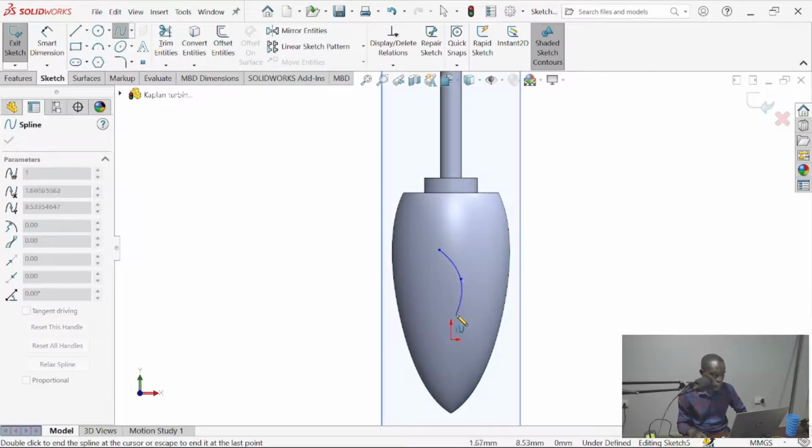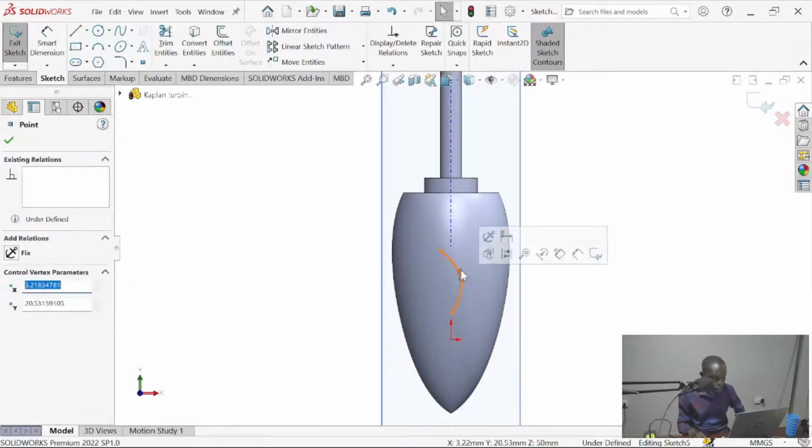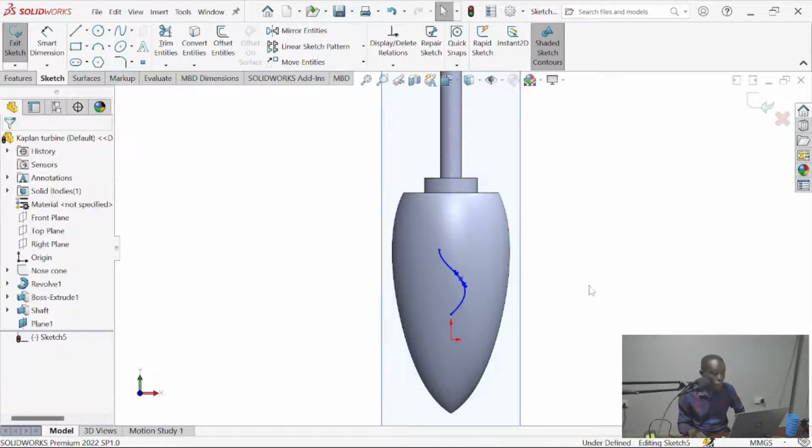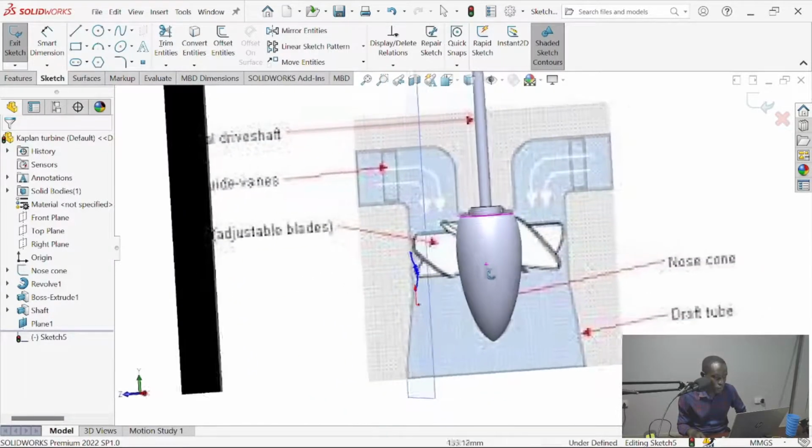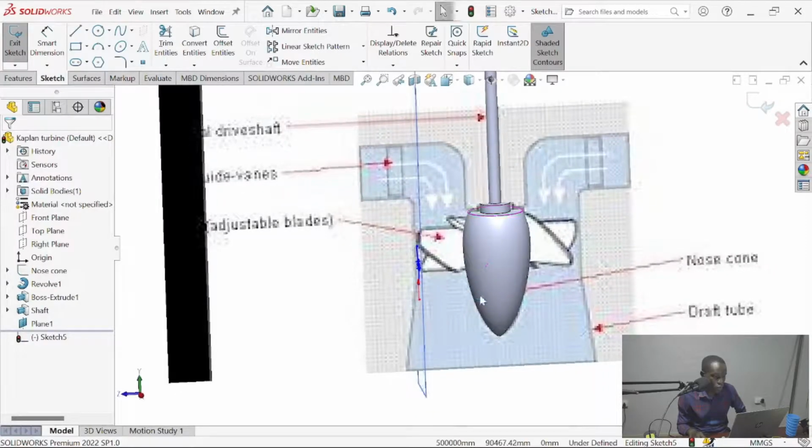Still using spline. Alright, and that will work.